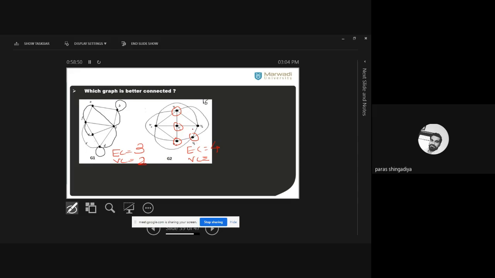Okay, there is also one possibility. You can disconnect V2 and V4 as the remaining part. Clear? When we delete these 4 vertices. So is it possible with 3 vertices? Yes, sir. Which 3 vertices? V1, V3, and V6. Yes. So V2 and V4, V5 will be there. This will cut.